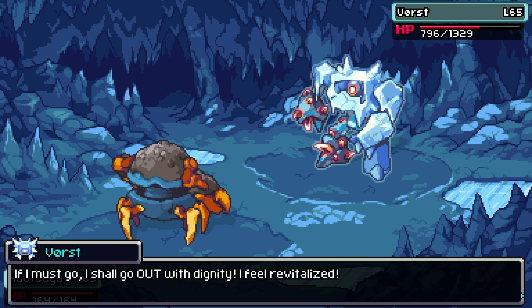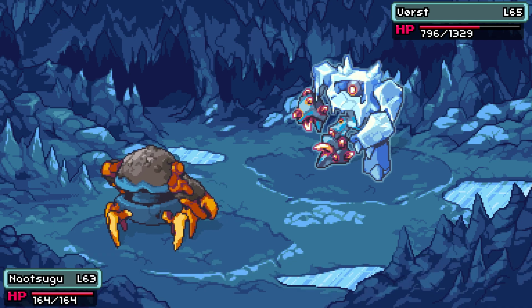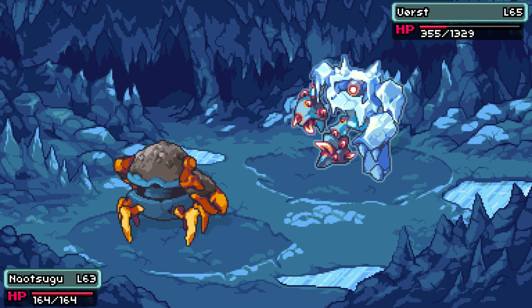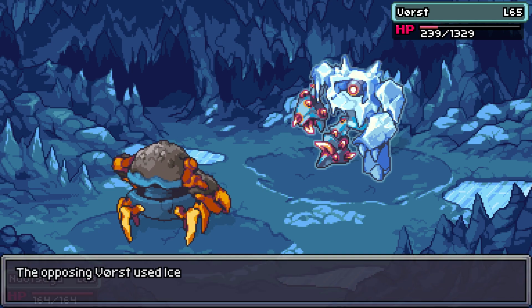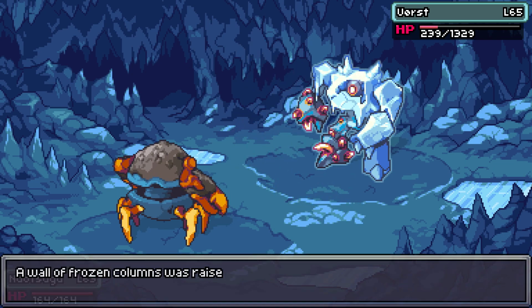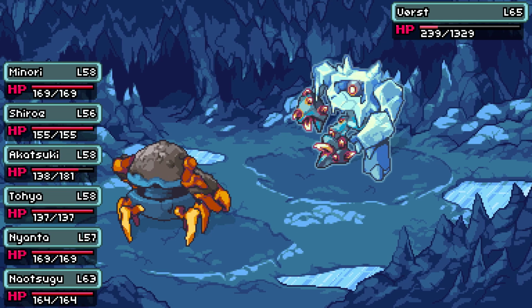1 body blast actually did, what is that, 40% of Vorst's health. And Vorst is like, yes, this pain, it gives me life, even though it takes away my life. And I'm like, yeah, okay, bro, that's cool. Yeah, so 2 body blasts,